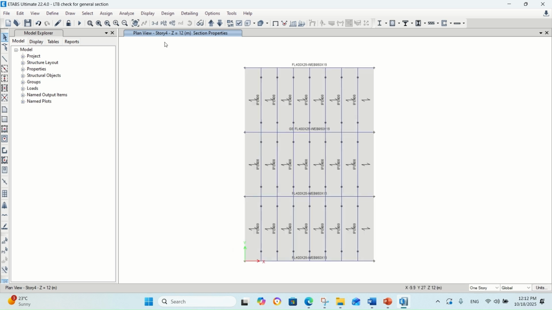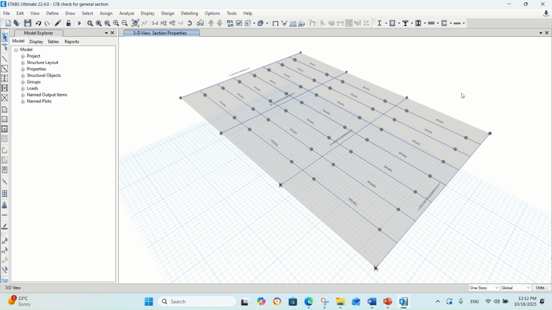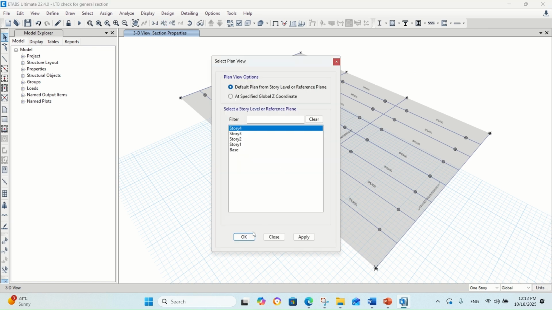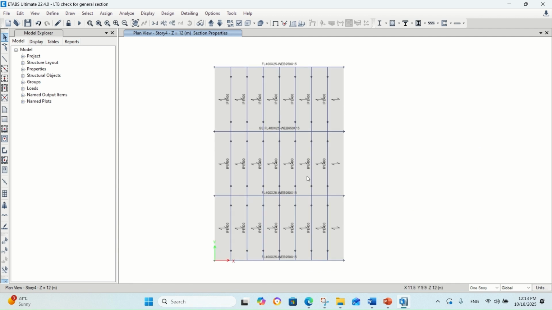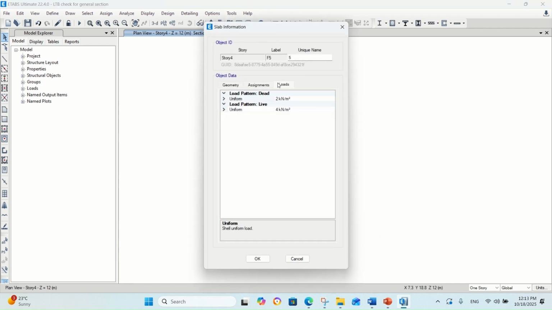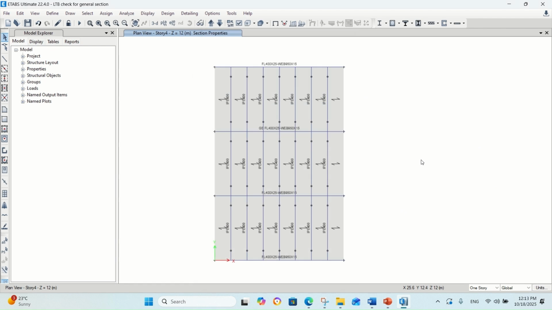Okay, in this example, we have a flooring system. We have the main girders and the secondary joists spanning between these main girders. We have this floor and we assign our dead and live load value. And generally, we tend to define the section as